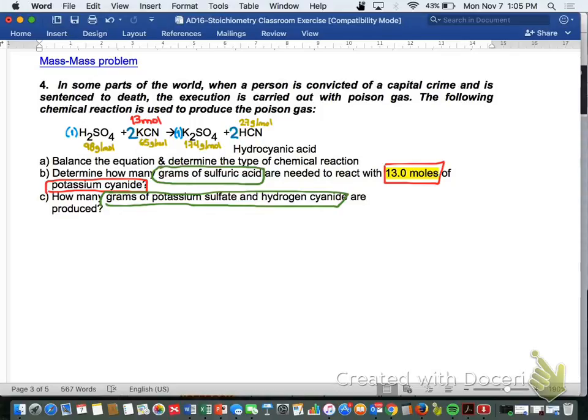The molar mass is for 1 mole. I haven't multiplied by the coefficient. Okay? It's the same as potassium cyanide. It is 65, but I have 2 moles. So if I write the balanced reaction in grams for every substance, I will need to multiply all of them by the number of moles in the balanced reaction. That will give me 98 grams. 98 grams of sulfuric acid